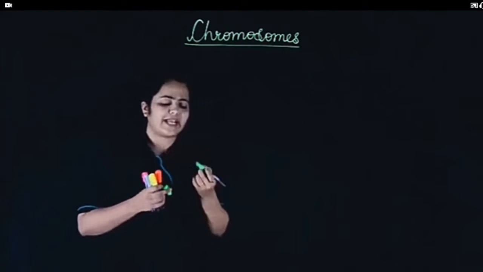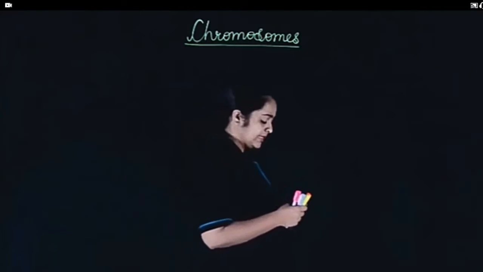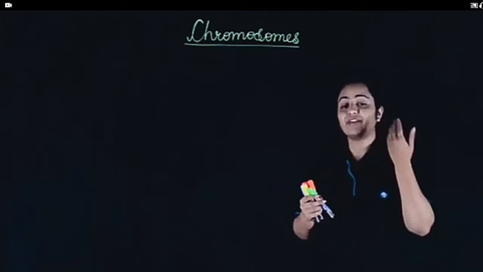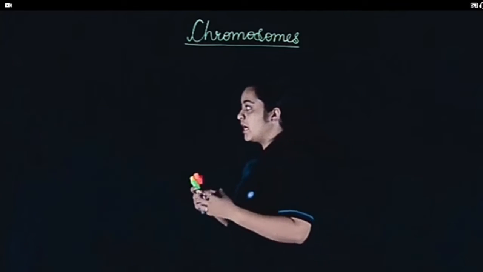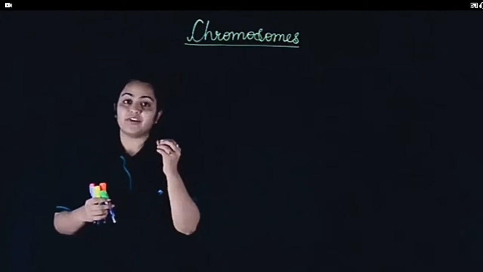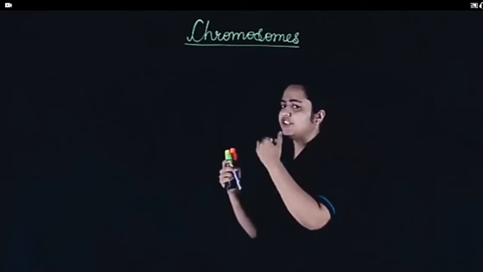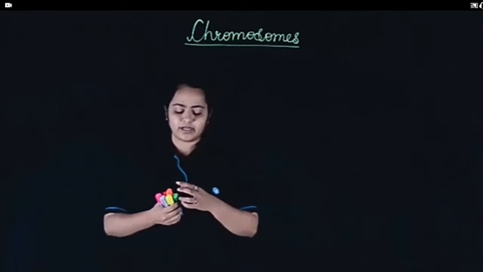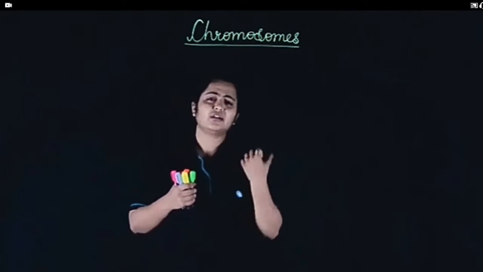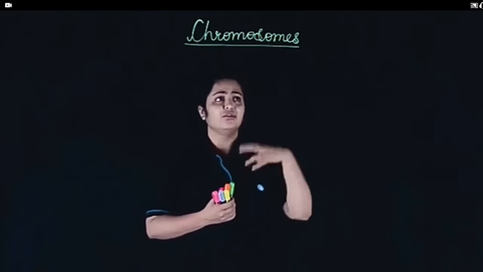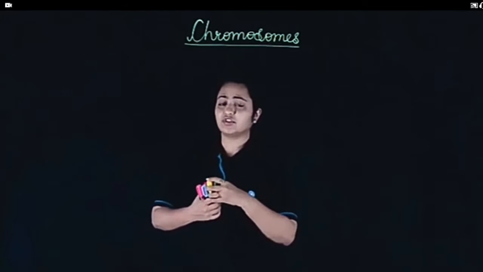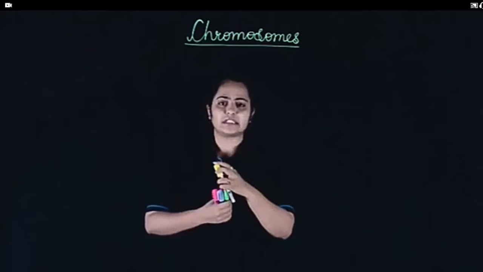Now you tell me, what exactly are chromosomes? Yes, we have learned this in the previous class, that chromosomes are units of heredity. We have learned that chromosomes carry genetic information in the form of genes, and these genes are passed from one generation to the other. This is what we have been hearing. Well, all correct, but these are two technical terms. Yes, units of heredity. Yes, their structure is somewhat like this and all these things.